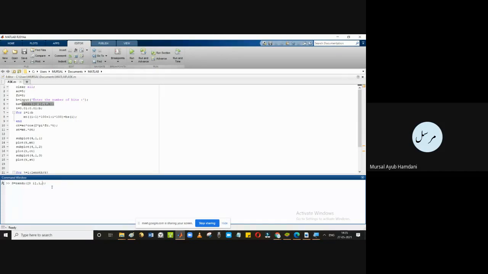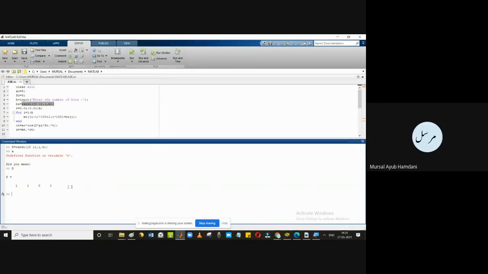For example, if B, the input, is 4, what will it do? Sorry, capital S. Got it? Are you able to see what I did or not? Yes, sir. What I did is, instead of BS, I just showed you an example of how it will come.